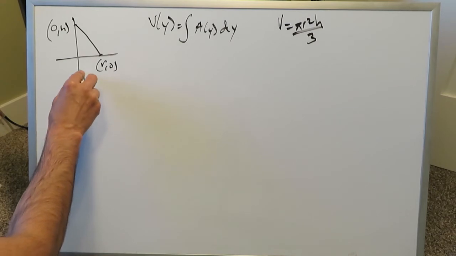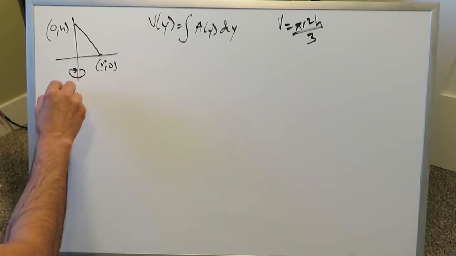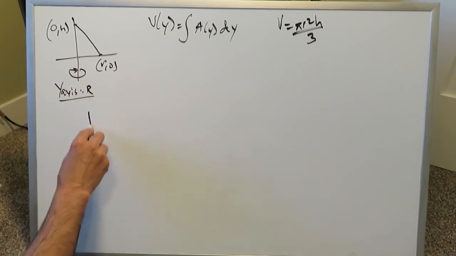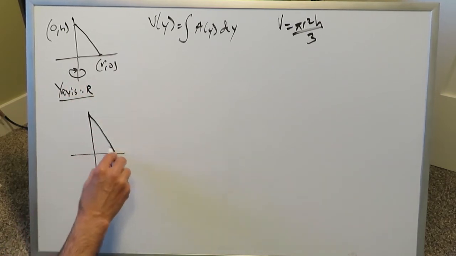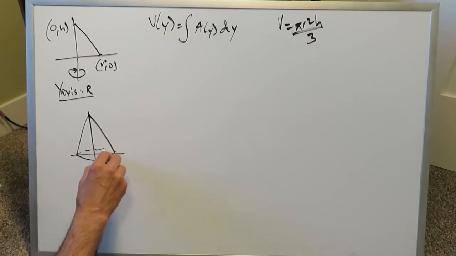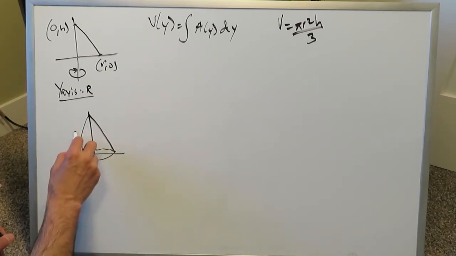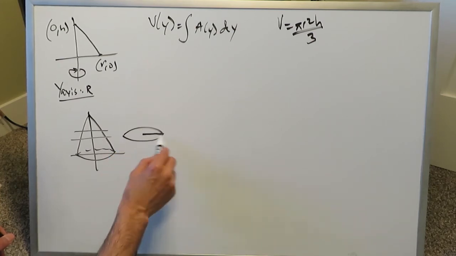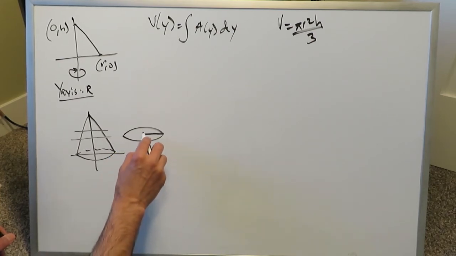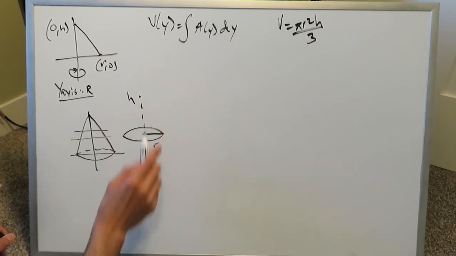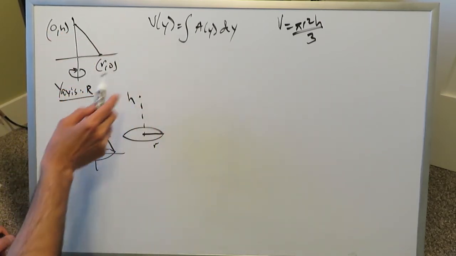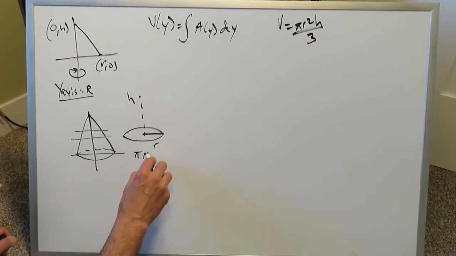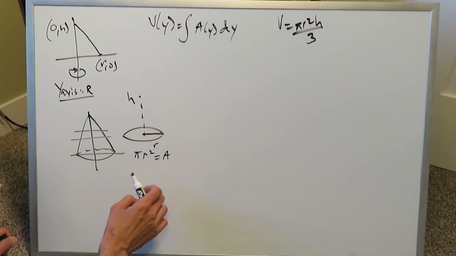How will you do it? You will take this little curve and you rotate it around the y-axis. When you do that, you get your cone, a vertically oriented cone, which is what you want, because that's what we're looking at first. If you pluck any of these slices out, you actually have a circle which has a horizontally oriented radius, and you know it's coming off this vertically oriented height, hence 0 comma h and r comma 0. Each of these circular slices can easily go through an area derivation, pi r squared,